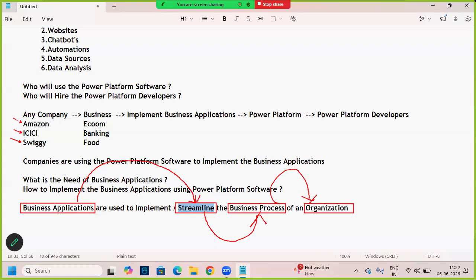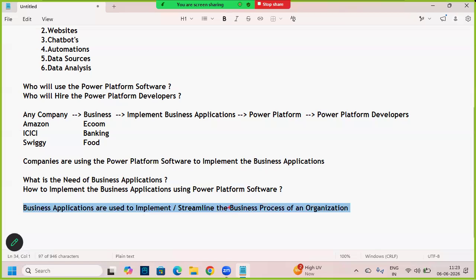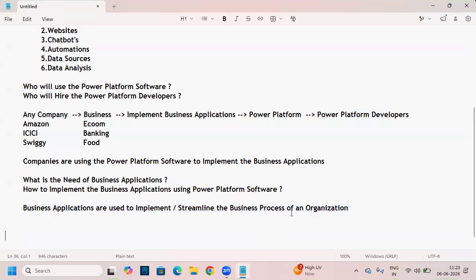Every organization will have some business process. If you want to streamline or implement the business process, we need to use business applications only. With the help of business applications only, it is possible, guys. Right? Fine. Okay. So now we understand what is the need of business applications. And now from here, we need to understand one point called business process. Now, what is meant by business process, guys? Let me keep here. Business process